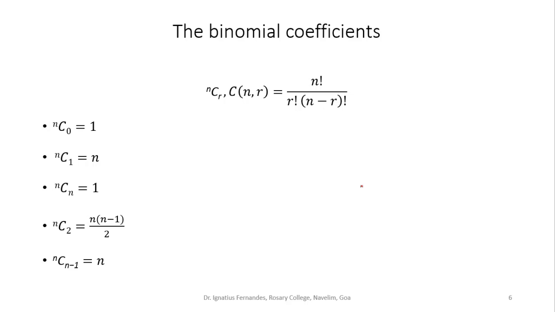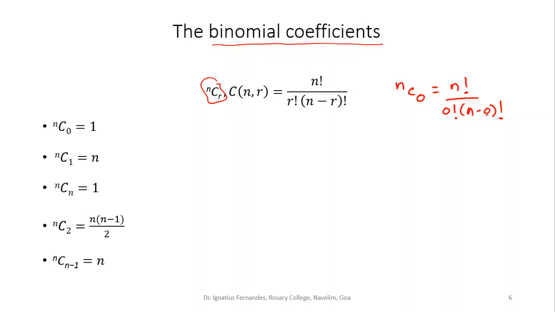It is worthwhile to know some properties about these coefficients that are involved here, this NC0, NC1 and basically NCR. These NCR are usually referred to as binomial coefficients because they appear in the binomial theorem, in the expansion of a plus b raised to n. Now every time we do not have to really go by the formula and find out the value of these coefficients, because in general NC0 is always equal to 1. If you recall, if you put it as per this formula, NC0 is n factorial upon 0 factorial into n minus 0 factorial.